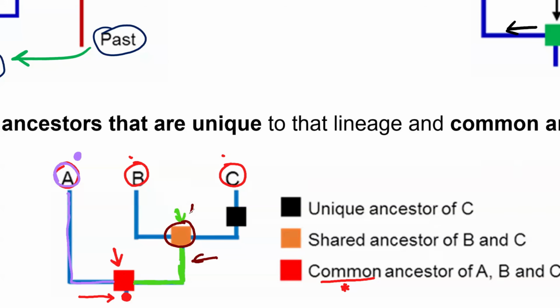It is coming from the red one. Remember, the common ancestor, the red ancestor, underwent speciation. It formed two species, which is species A and then this one as well. So this one, the one with the brown color, now proceeded and formed B and C. So it formed B and C.